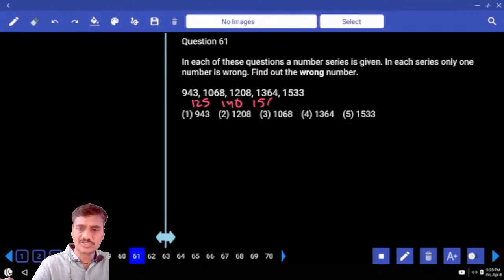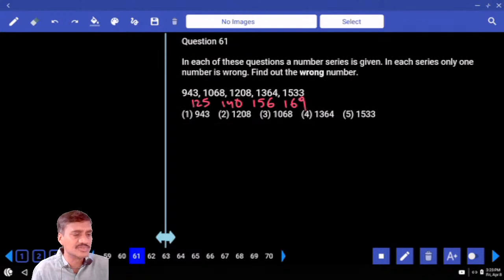And next difference is so much 64 and 33. 36 plus 33 69. No? And what is the difference here? 169. And then in this one, tell me what is the odd one among these? Any number here? Now 125. 125 can be written as